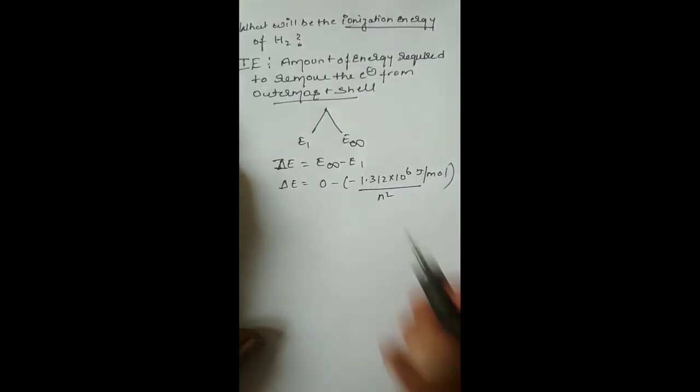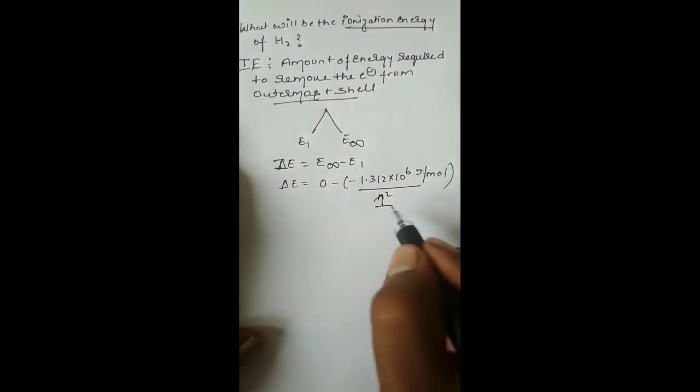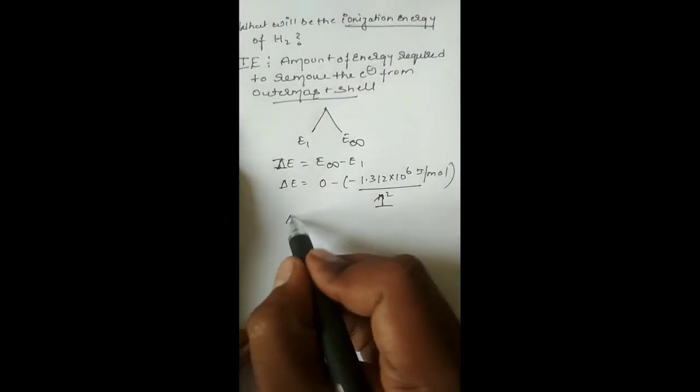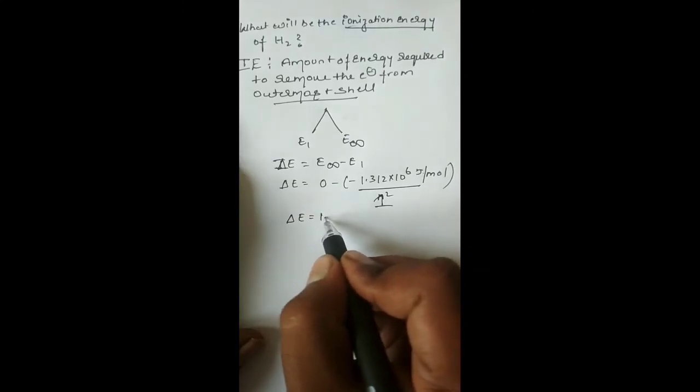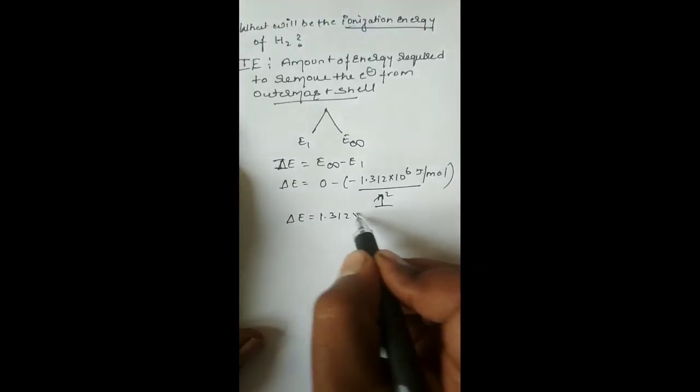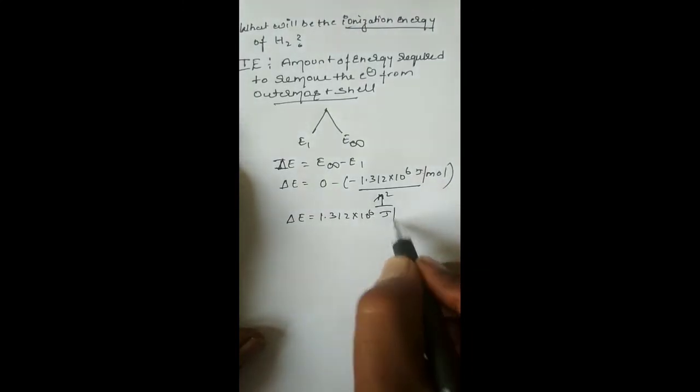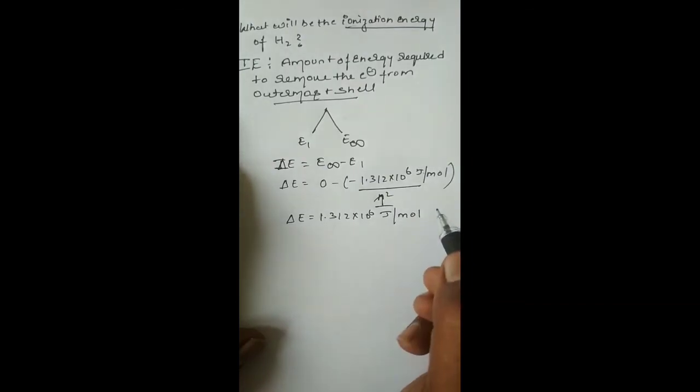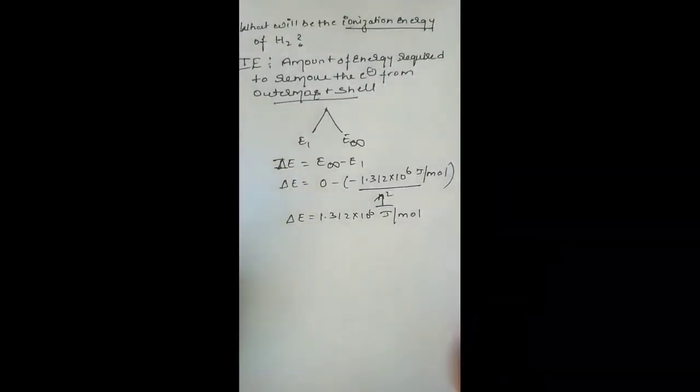With n square equal to 1, we get delta E equals 1.312 into 10 to the power of 6 joules per mole. Okay, next we are going to study about